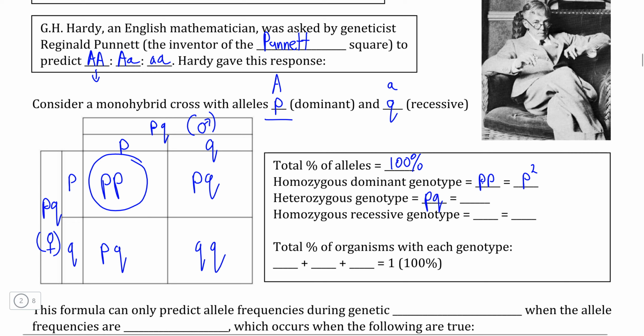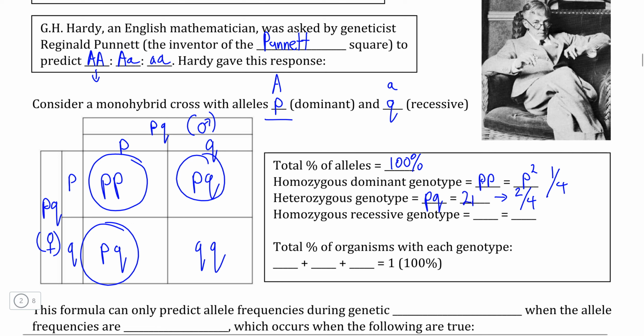As we see here, unlike the homozygous dominant genotype, which has a 1 in 4 probability, the PQ genotype has a 2 out of 4 probability of being produced, simply because of the Punnett square,